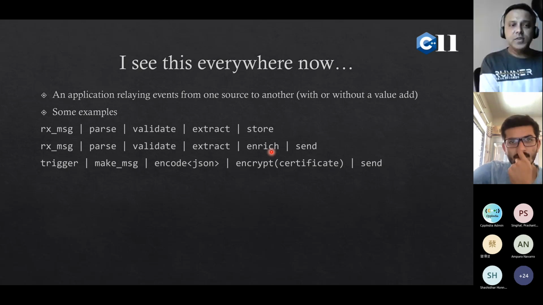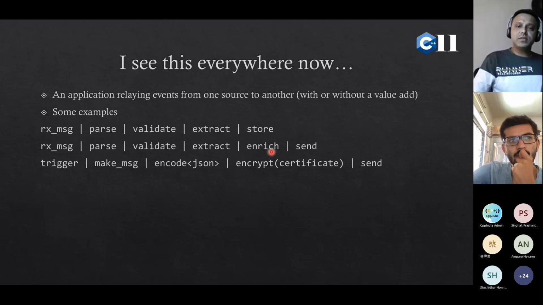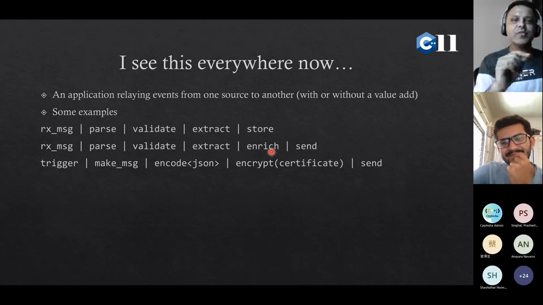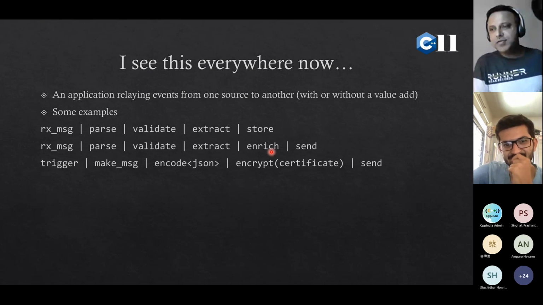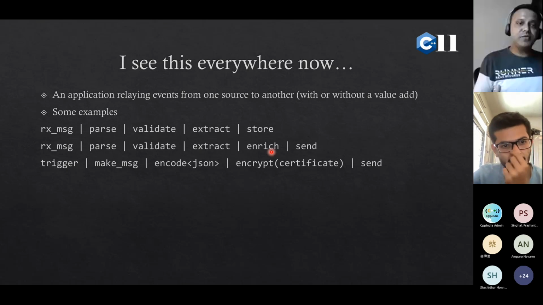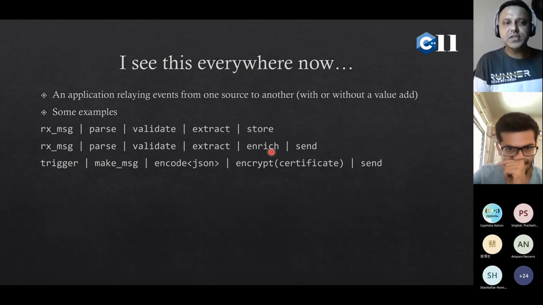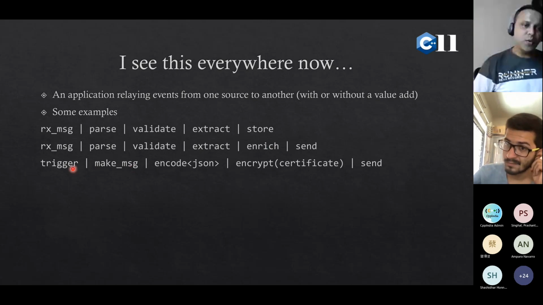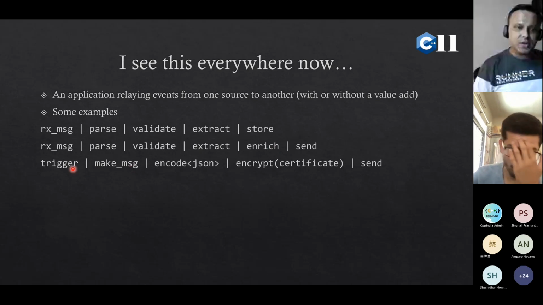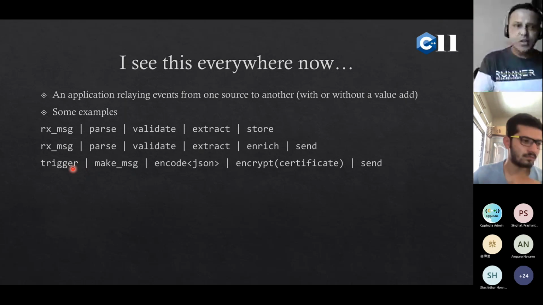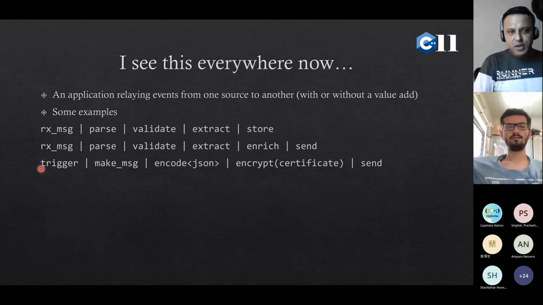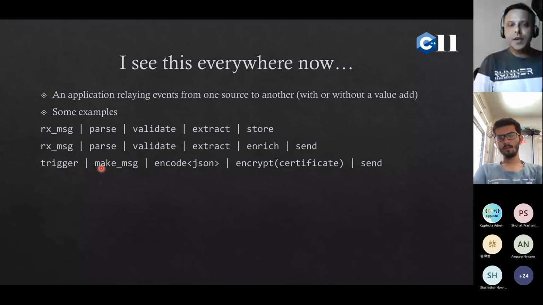Now this was all about waiting for somebody else to tell you something, waiting for a mouse click or waiting for a message from the network. But what if you have an internal need to reach out and create a new message, send a new message? Then you have some trigger, maybe a timer. Maybe you just loop and continuously do this. It's up to you. So you trigger, and because the trigger is to send some information, you make a message,